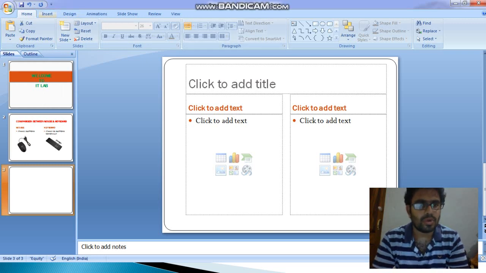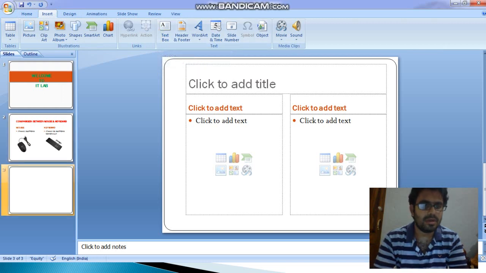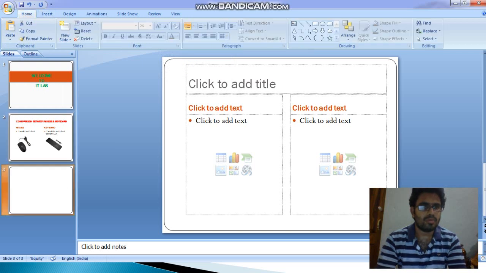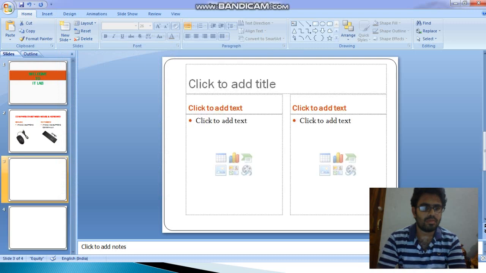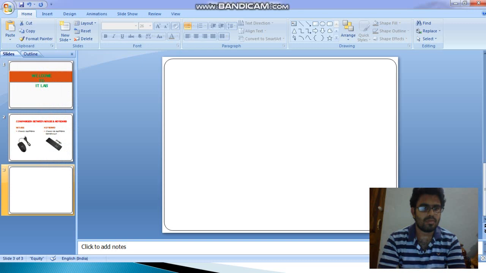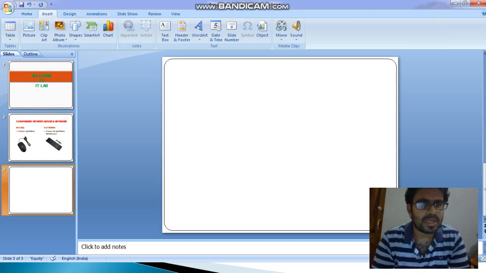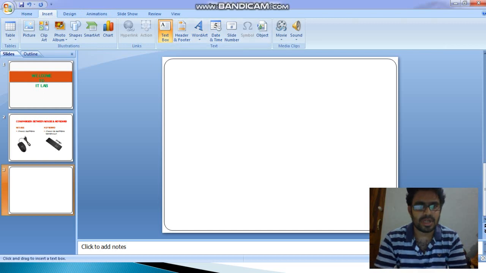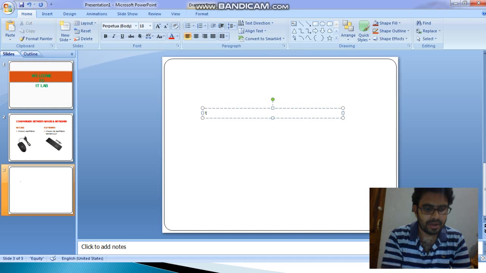Go to insert, go to this slide and go to insert, and insert a text box. Here you can insert a text box, write thank you.